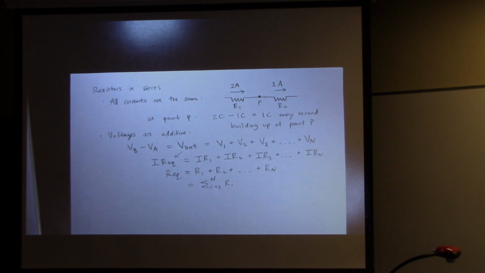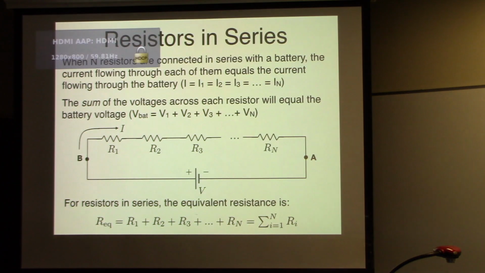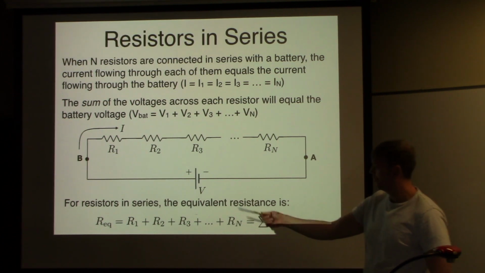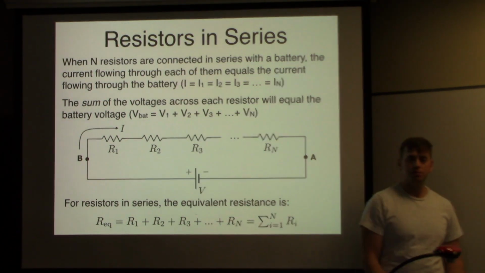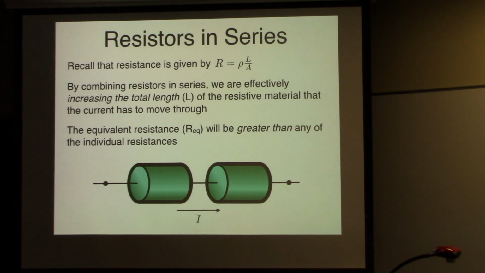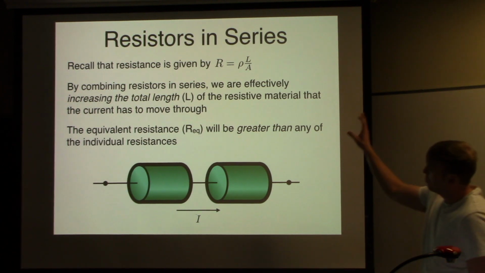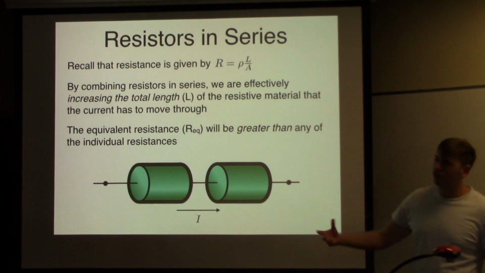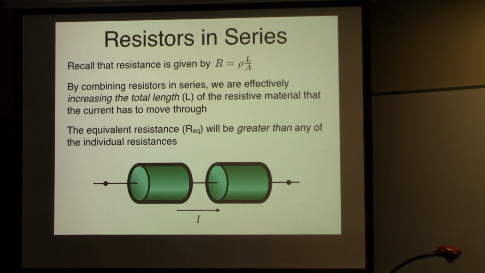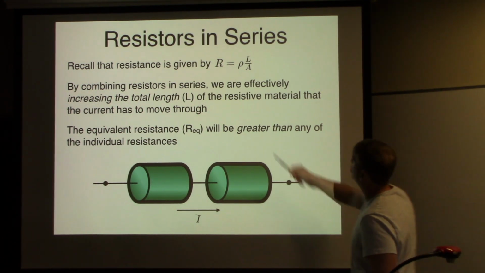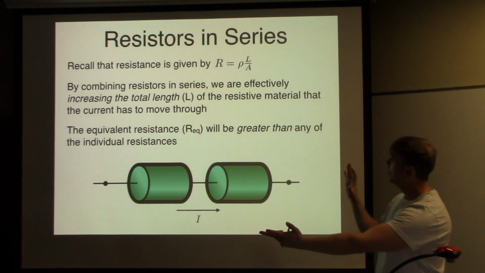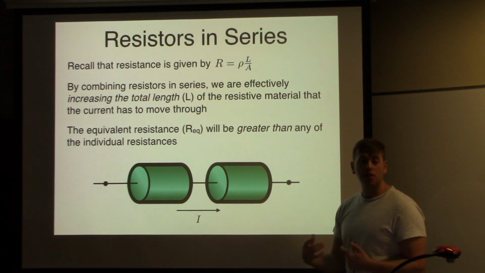All right, so that was the last point I wanted to make: when we have resistors in series, the equivalent resistance is just the sum of all the individual ones. Now, given something that we talked about back in chapter 25, I want you to see why this makes intuitive sense. We have this formula for the resistance of an object, R equals rho, which is called our resistivity, times the length of the object, divided by A, which is the cross-sectional area of